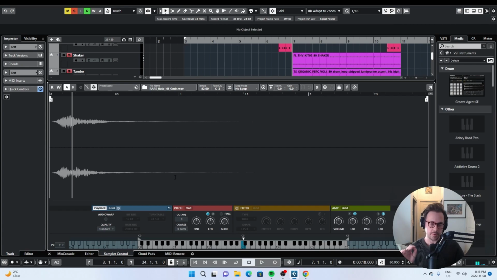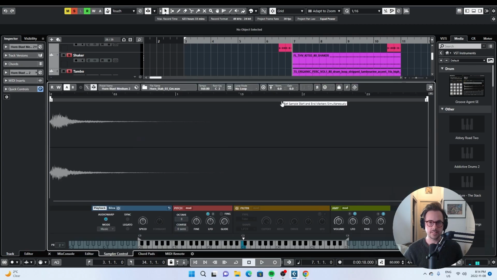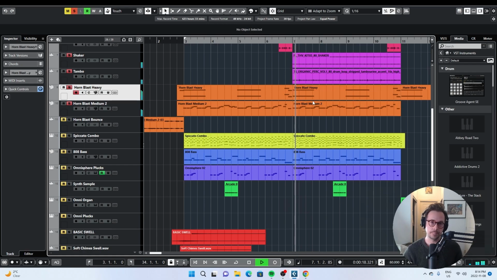You'll notice that we have a bit of a time warp situation going on, so the lower notes here are getting stretched out time-wise. All I got to do is hit audio warp down in my bottom left here, then everything is the same length. So I see myself using this sampler a lot in Cubase, especially making those up-tempo, high-energy hip-hop tracks. So let's just get rid of that. So that's what these horns are all about.